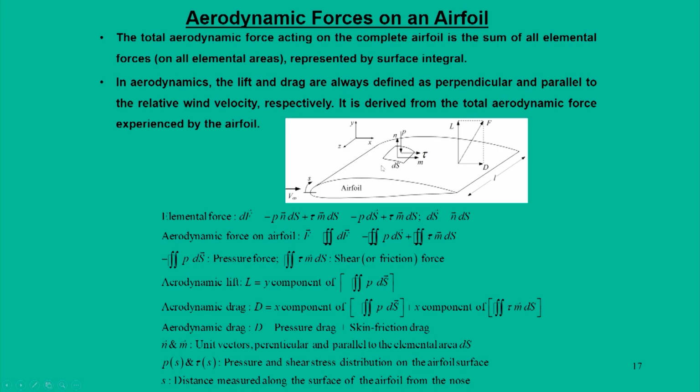So, once you do that, one can have the summary that for an elemental area ds, we can have an elemental force, and that elemental force comes in two parts. One is due to pressure, the other is due to shear stress. From this pressure force and shear force, the net effect comes in terms of lift, which is nothing but the y component of pressure force. Drag force comes as the x component of pressure force plus the x component of